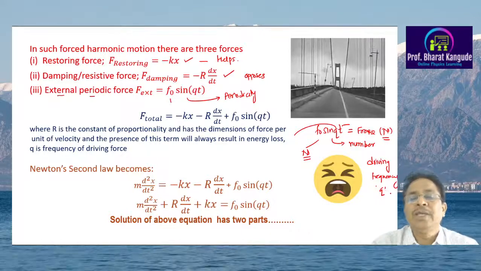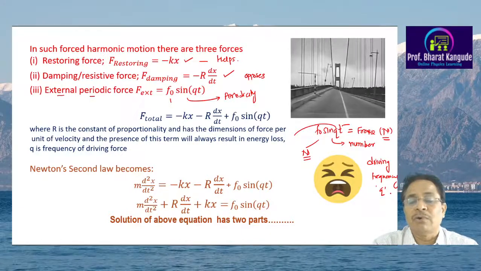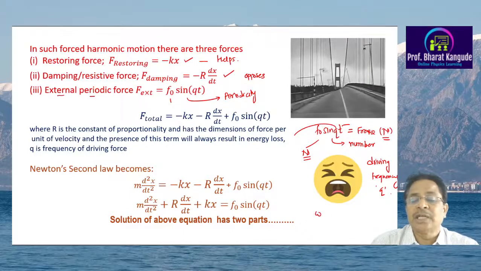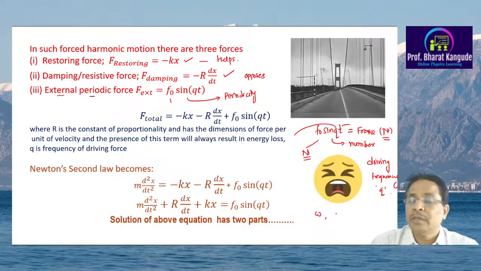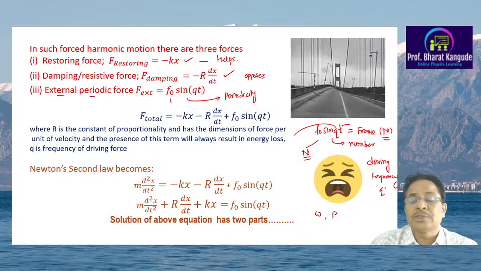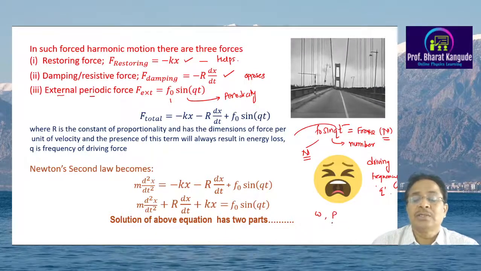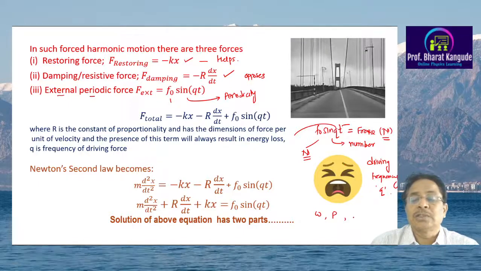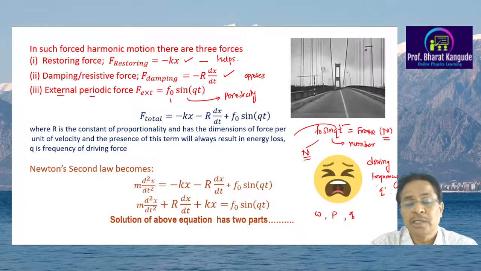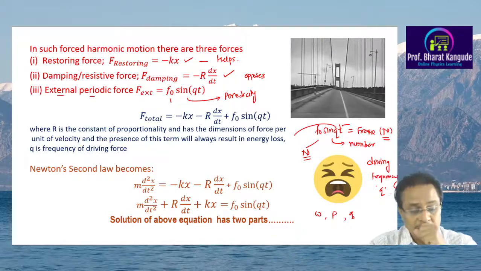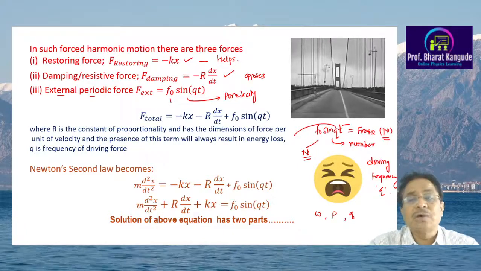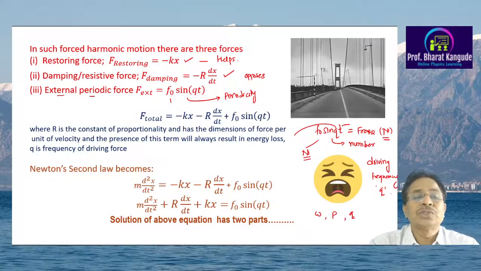And this q is a very important and fundamental discussion for us in future, because in chapter 1 we have seen one frequency, the natural frequency omega. In chapter 2, that is in damped oscillation, we have seen another frequency, p, which is somewhat reduced or smaller as compared to the natural frequency of that oscillator. And in this chapter we are going to concentrate on another frequency, q, that is the frequency of the external periodic force. This particular frequency decides the characteristics of this type of motion, which is called forced oscillation.